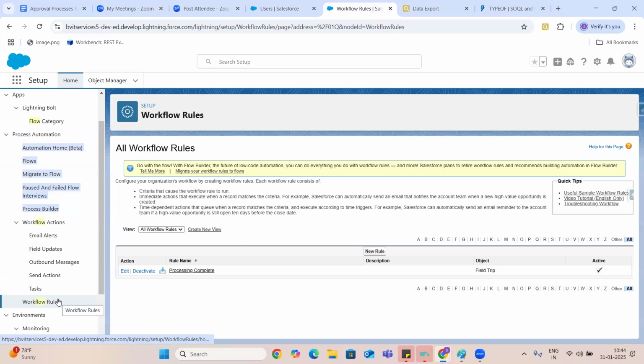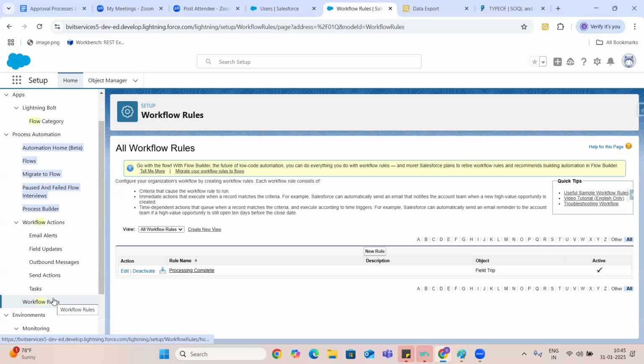An example we can take is that process automations started like a Nokia phone and became our current camera touch phone. Initially we had Nokia phones with only call and messaging features, right? The same way, initially Salesforce had workflow rules.